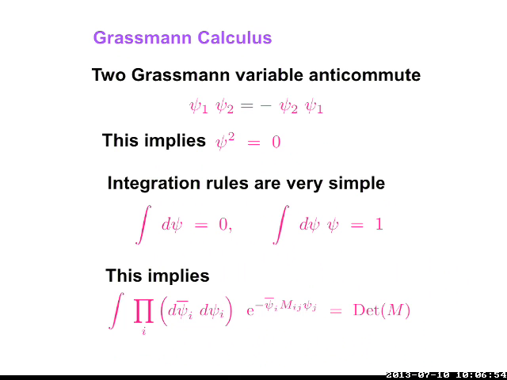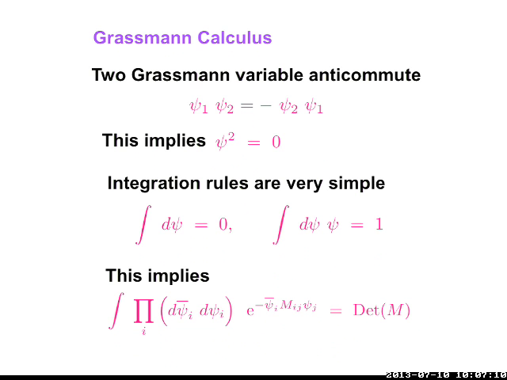You will see that these Grassmann variables are a very nice way to keep track of fermion paths. That's all it does. The fact that the square is 0 tells you that two fermions cannot come on top of each other, and the fact that these two anticommute tells you that there is some kind of a fermion permutation. That's sort of a hand waving way of discussing what Grassmann variables are.